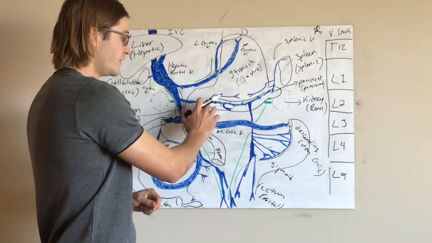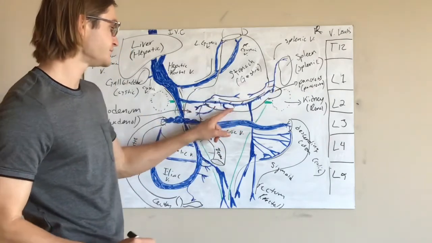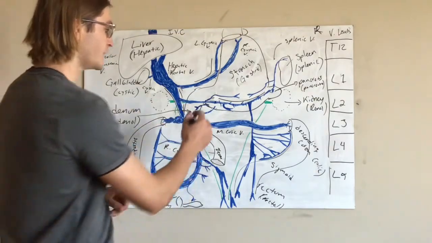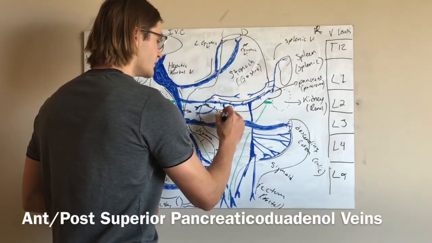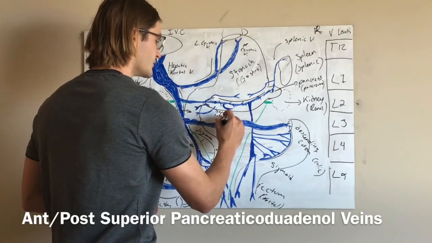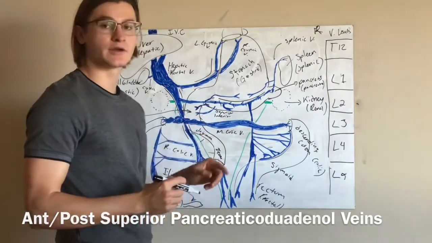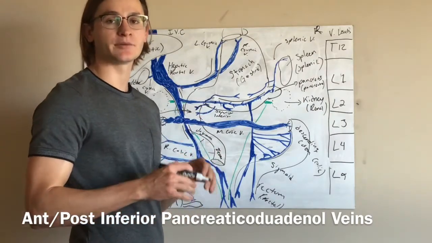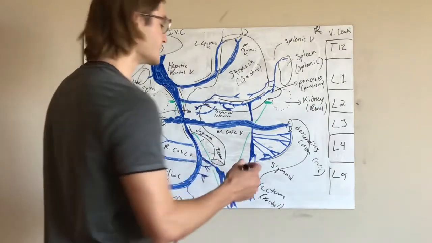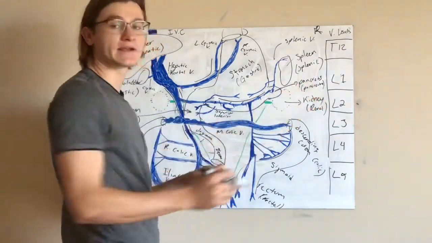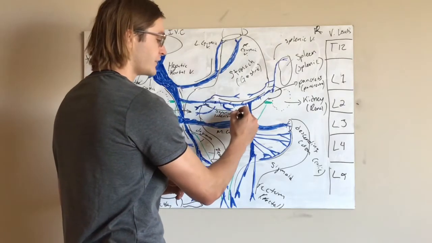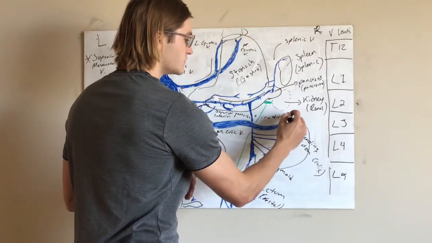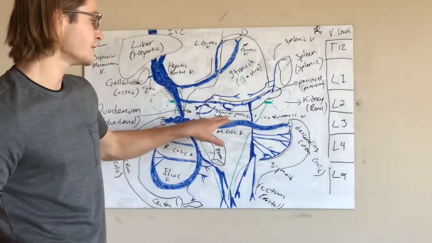What would you call this vein right here that's going from our pancreas to the duodenum? There's two of them, so one of them is going to be superior. We're going to have a superior, and we're going to have an inferior. Superior and inferior, and it's going from the pancreas to the duodenum, and superior and inferior pancreatico-duodenal veins. So that's a big chunk, but if you know your nicknames, it makes it a lot easier. So superior and inferior pancreatico, superior and inferior